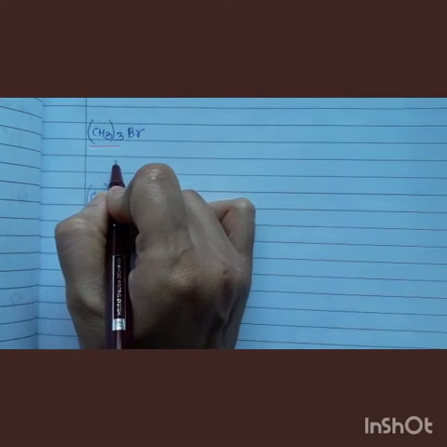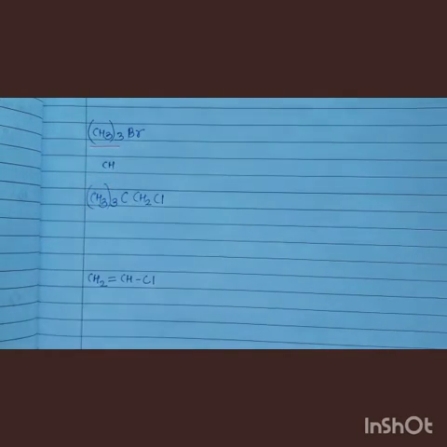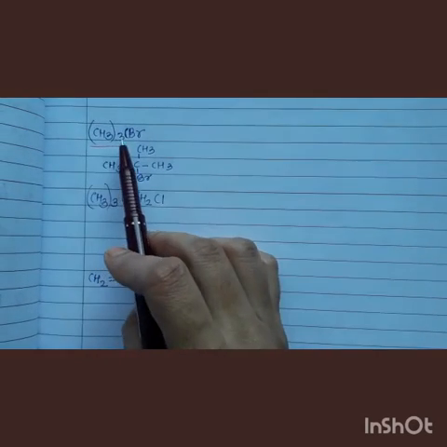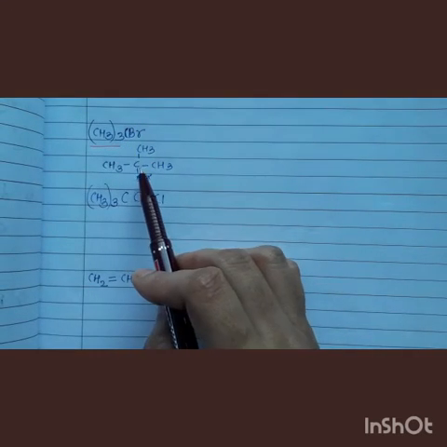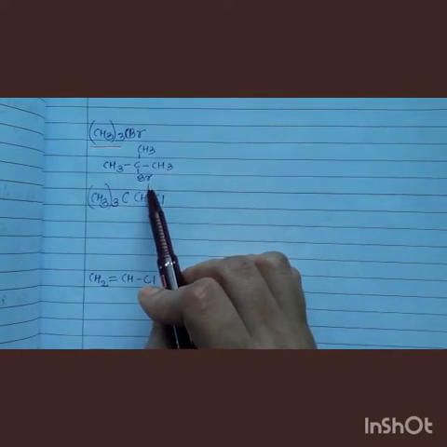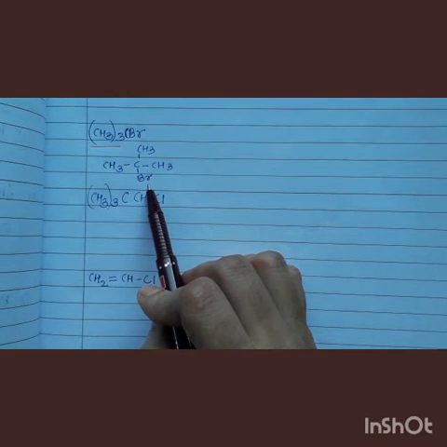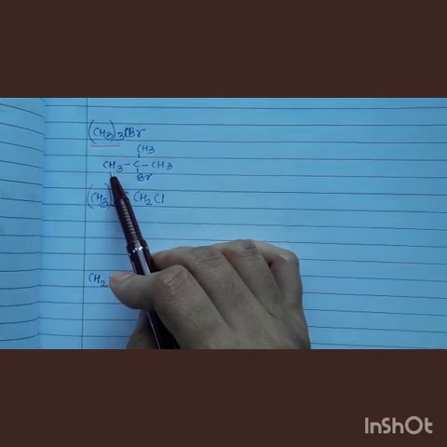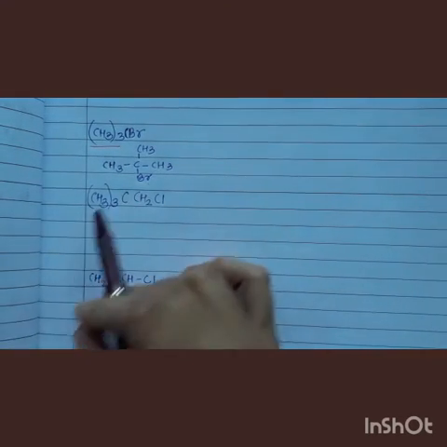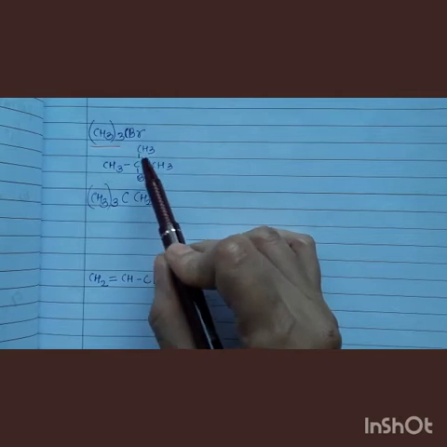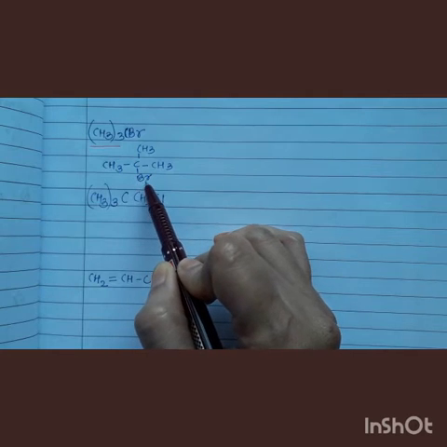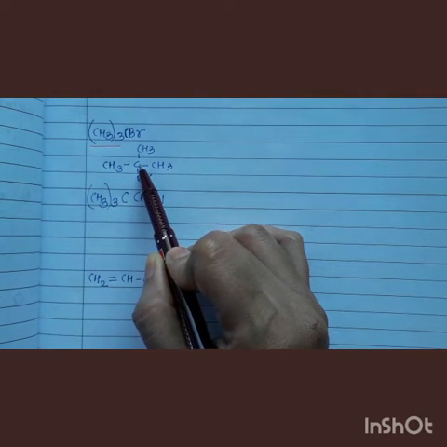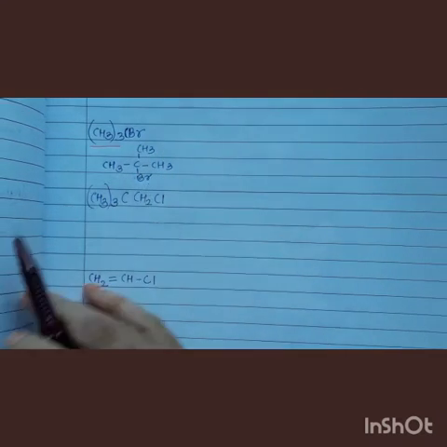Now this structure can be written in such a way also. This CH3 CBr it was, sorry. Now this structure can be written in this form: C and then CH3, CH3, CH3 and Br. Here the number of carbon atoms is 1, 2, 3, 4. So that means the parent alkane present over here is butane, right? But it is a tertiary butyl group. The carbon atom to which bromine is attached, that carbon atom is the tertiary butyl group.